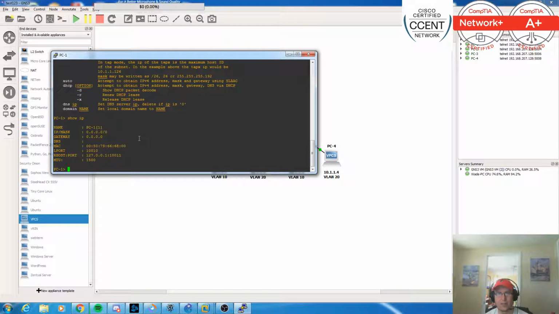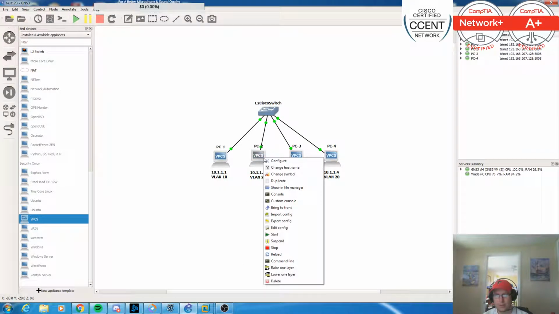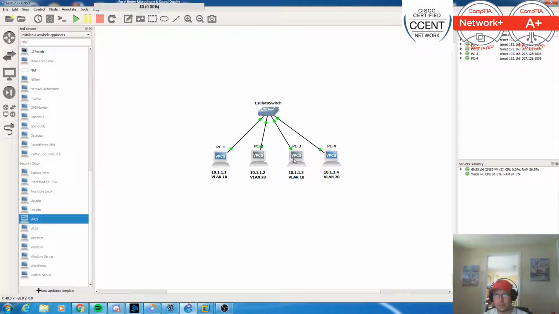Let's do a show IP. Okay, there we go. Show IP. As we noticed, nothing has basically come up at this point. So I might have to restart the PC for the config to take effect, but no problem. We can just reload by right clicking them and selecting reload, and over here we'll reload, and then